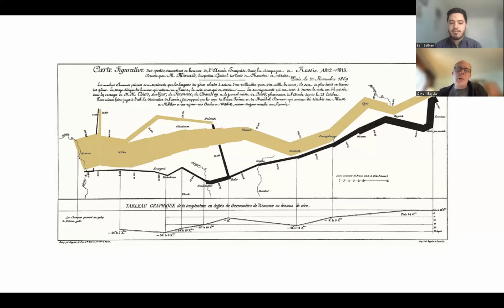So part of what the class does is situate data visualization within media history, and one of the first things to establish is when it starts. And so for the purposes of this course, we're going to say that it starts more or less in the middle of the 19th century. There are important exceptions to that, but this is for the bulk of what we're talking about, the moment where this mode of making sense of the world starts to emerge. And this is a great early example of that.